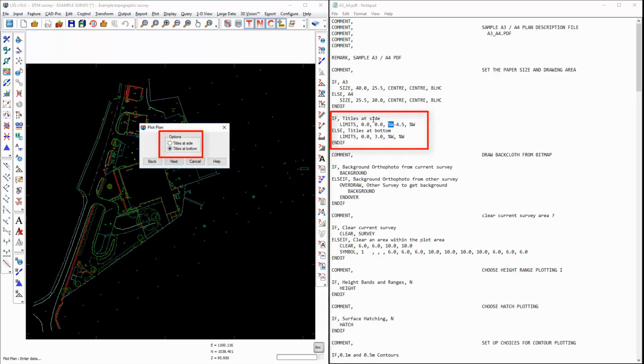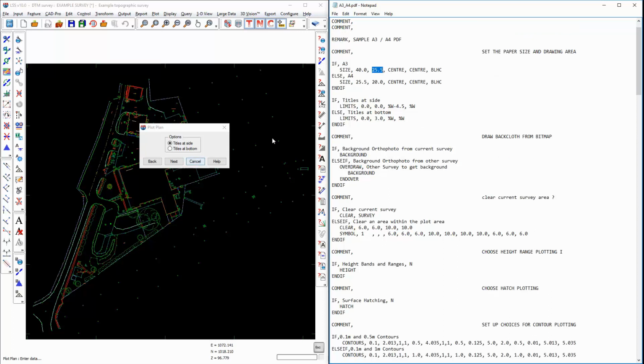For example, if we've selected A3, if we want titles at the side, then it chooses these paper limits, which is coordinates 0, 0, the bottom left hand corner, and then %W is the full width, which for A3 is 40 centimeters minus 4.5 centimeters, so we've got a 4.5 centimeter border down the right hand side, and the full height, which is %W, which is 25.5 centimeters high. I'm not going to go into all of the details here, but I'm just going to flag up a few options